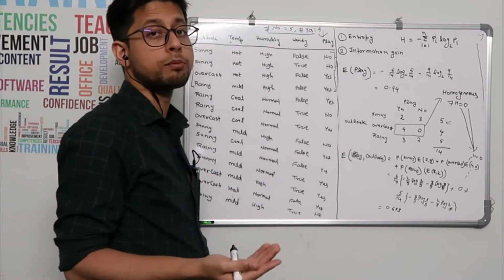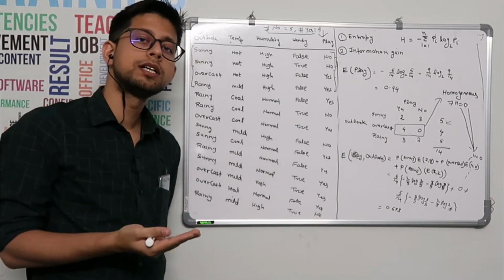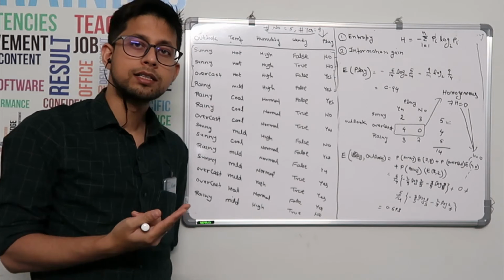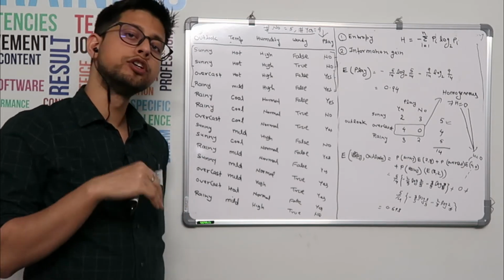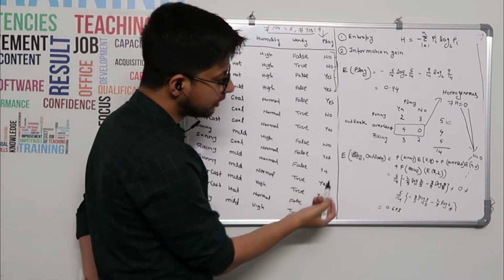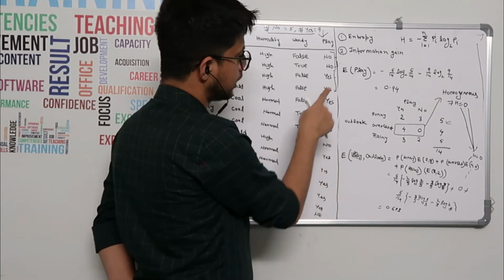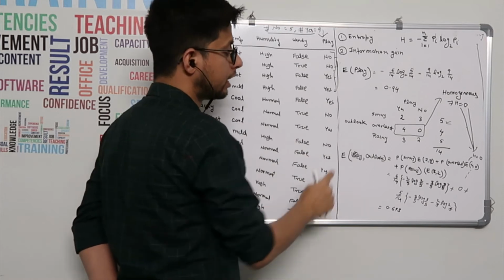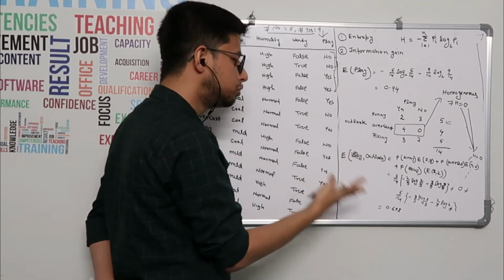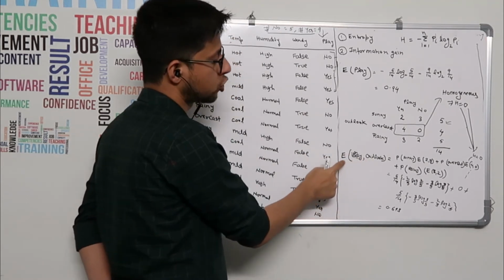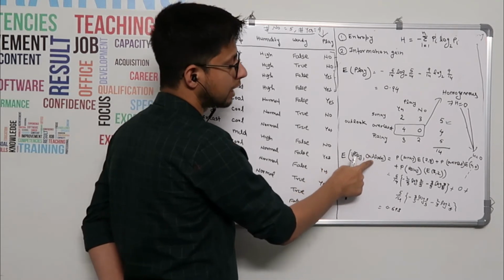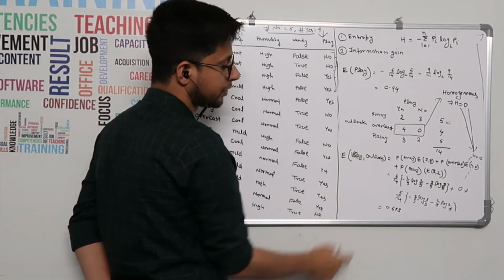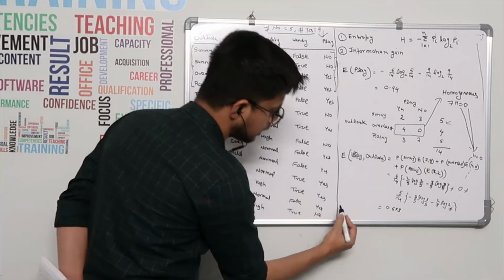So now what is information gain? I told you information gain is nothing but the reduction in entropy if you split a node. So this was the entropy for the target, that is play, without any splitting. And now if you decide to split based on outlook, then the entropy of play given outlook will come to 0.693.